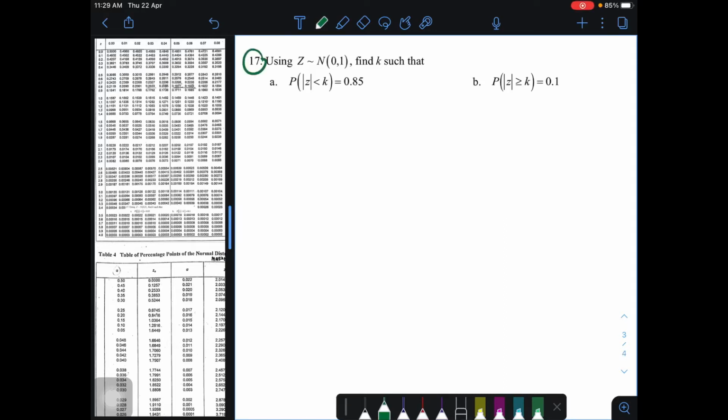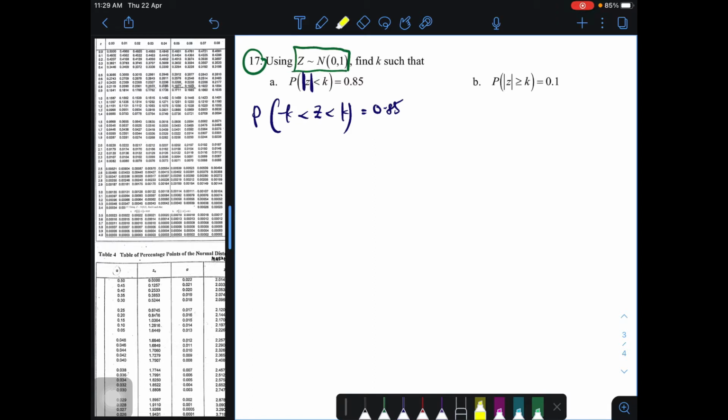Okay, let's do this question 17. You have a standard normal already, so there is no need to use a formula transformation. Tak perlu. Kita sekarang ni memang dah diberi Z. So kita just kena ubahkan modulus ni menjadi sesuatu yang lebih bermakna, iaitu Z is in between negative K and K. Okay, saya direct je. Because I believe you all is good in this already, so don't forget equals to 0.85